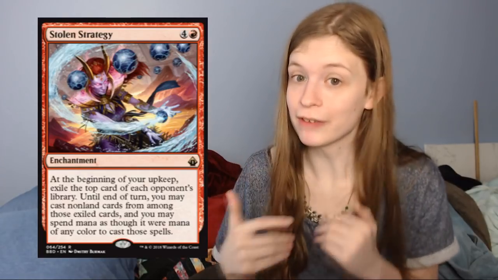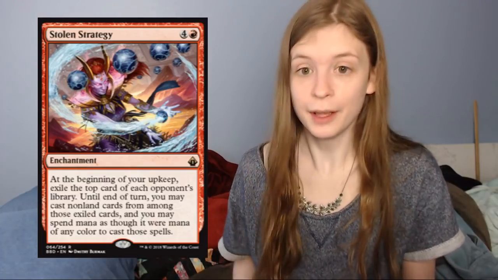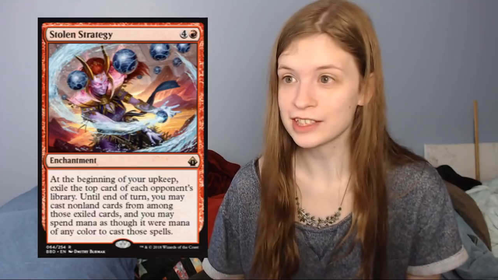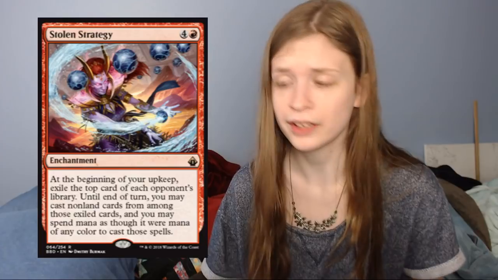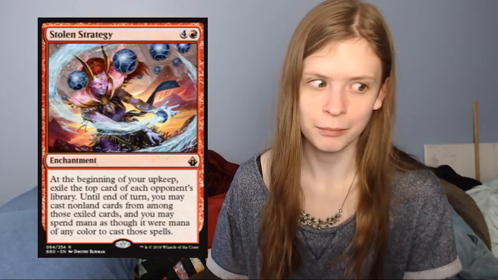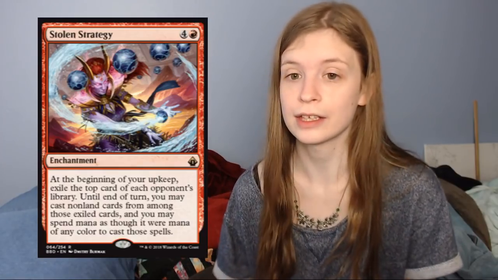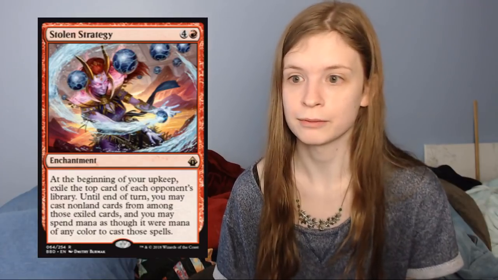This is actual solid card advantage in red. Green doesn't give you it from your library, but it's actual card advantage in red, which is really what red needs more than anything else. So obviously this is amazing if you're playing Boros or mono red. I don't know if it fits in any of my decks, because I don't really have any mono red or Boros decks. I play a lot of other decks that don't have a problem with not having card advantage. But obviously if you have any deck that you're struggling to get card advantage with,